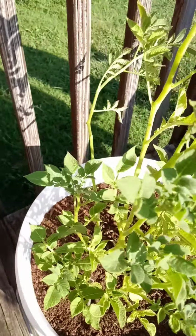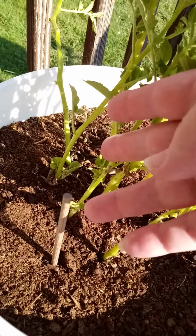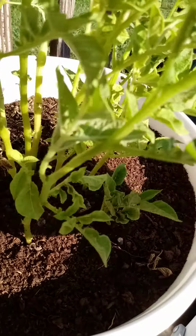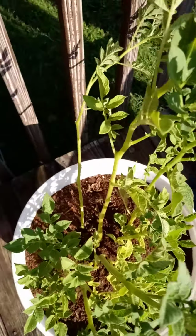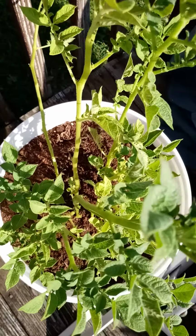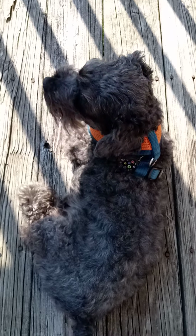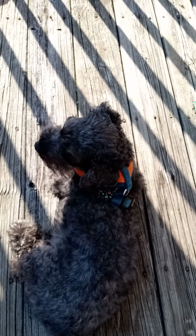Over on this side is potatoes, and they're crazy. I mean, they've shot straight up, but look really scrawny. The wind came the other day and took some of them out, but we're walking over here. Hi, baby. What's this doing out here? Just getting some sun. Mama got it too cold in there. Okay, so